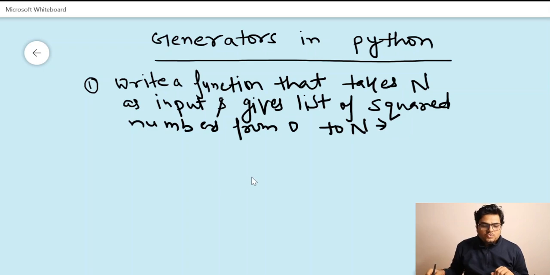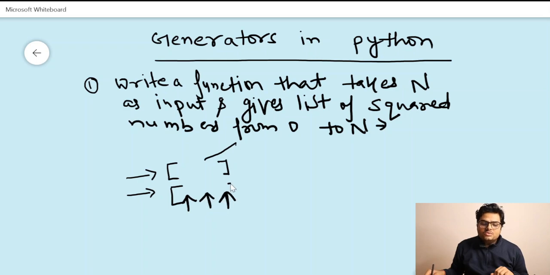Approach 1 is you write a basic function. So what is a basic function? You will write a logic, right? You will create an empty list. You will take my number and you will append the squared numbers. First squared number here, second squared number here, third squared number here, and you will return me this list. Pay attention here, guys. You will write a simple function, create an empty list, append the squared numbers, and give me that entire list as an output.